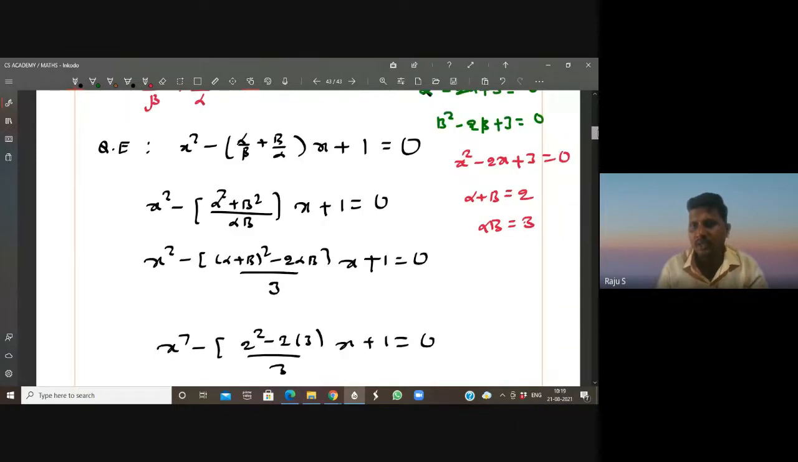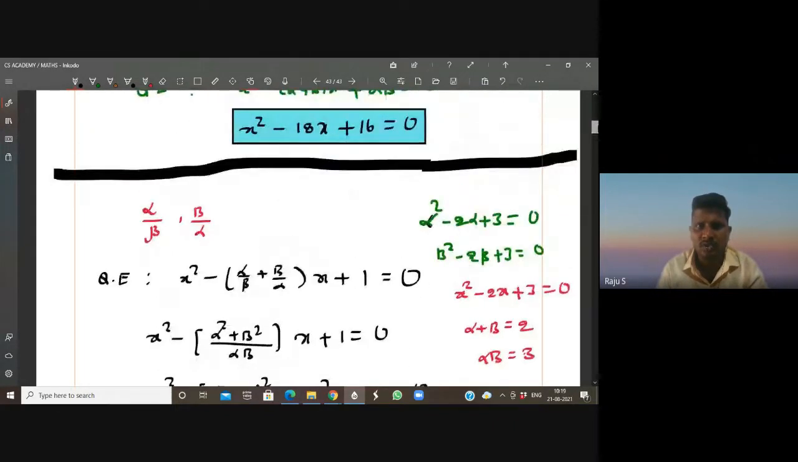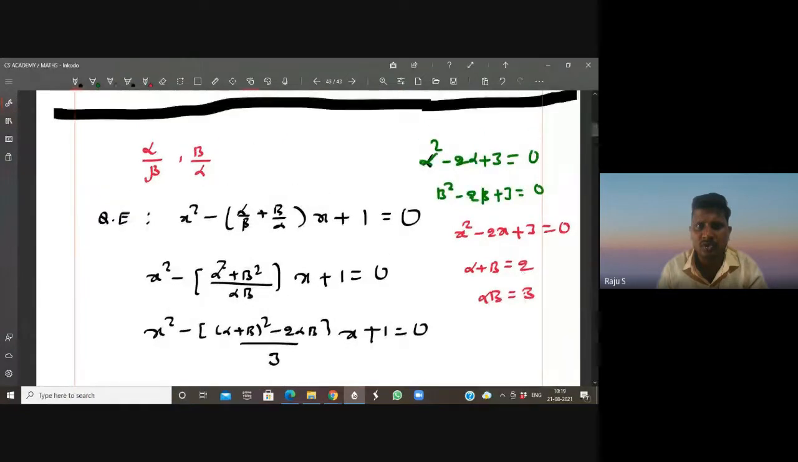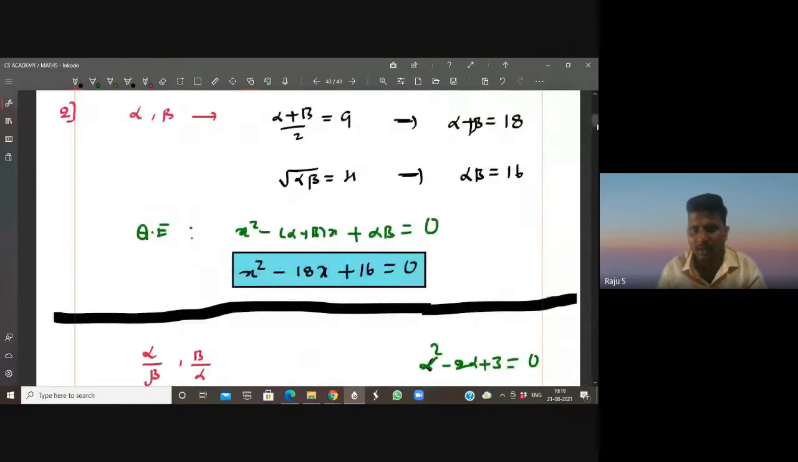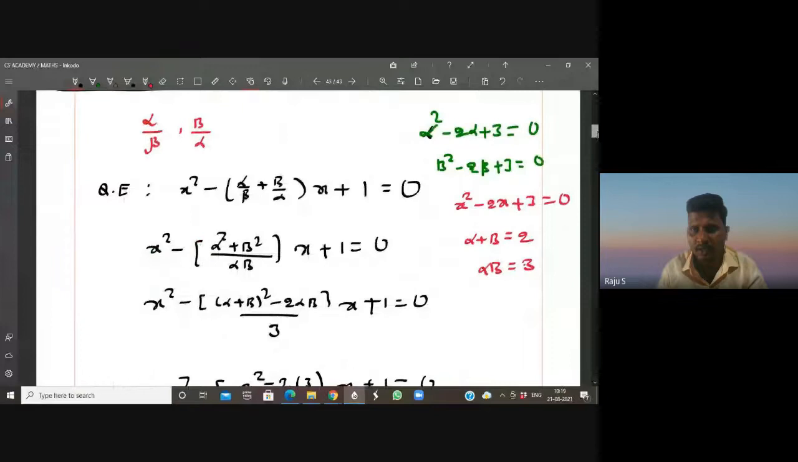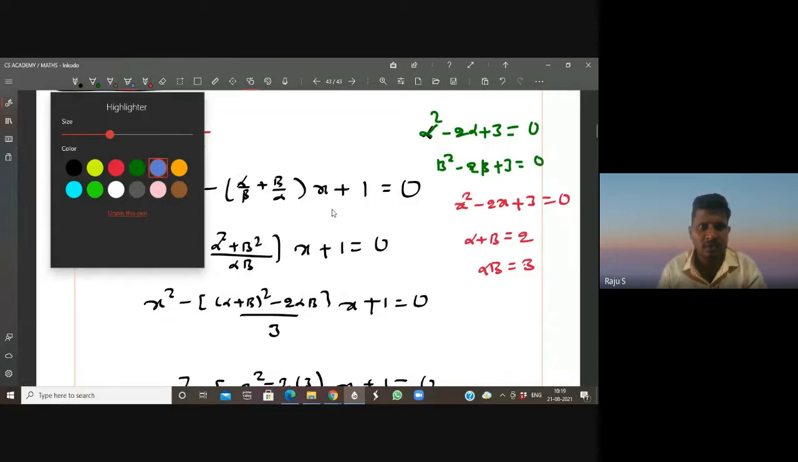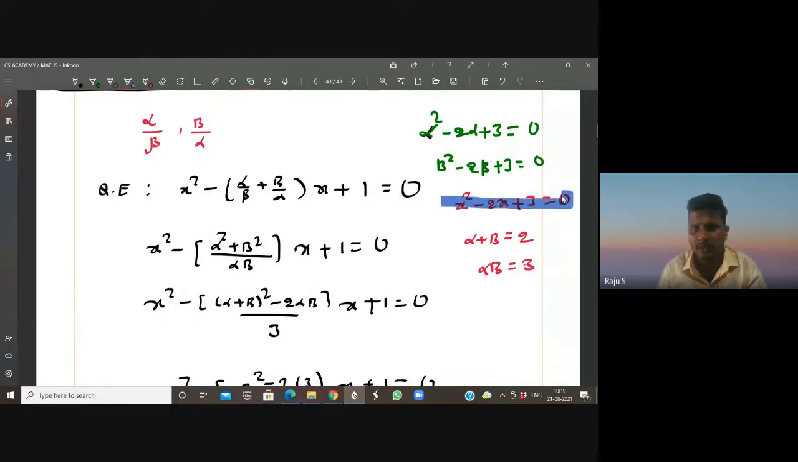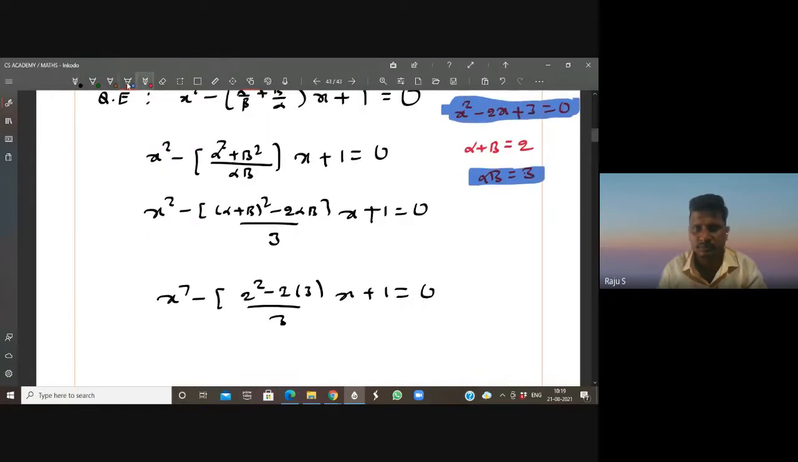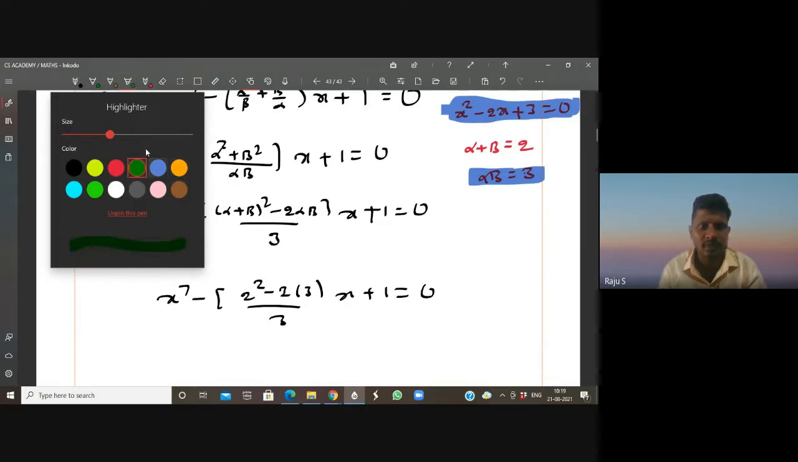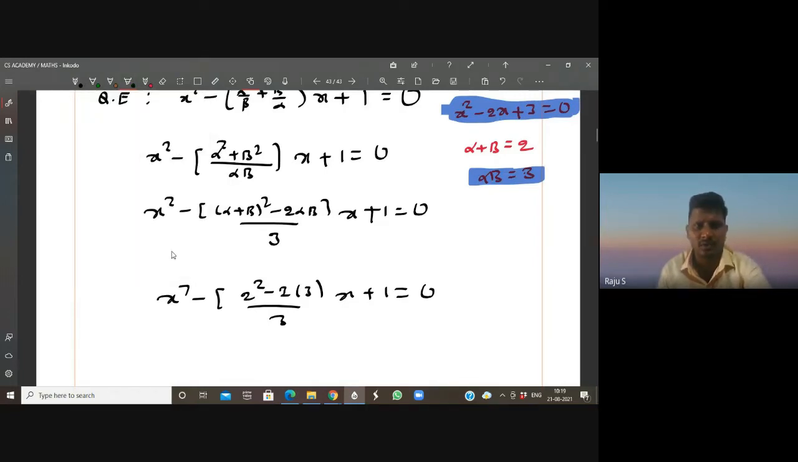So see how logically they have given a simple question. Here they have given alpha square minus 2 alpha plus 3 is equal to 0, beta square minus 2 beta plus 3 is equal to 0. Right? With the help of that, I have taken the quadratic equation here. With the help of that, the sum of the roots alpha plus beta is 2, alpha beta is 3. Simplify this, you will get the answer. Simplification you will do, no doubt. But only the thing is,